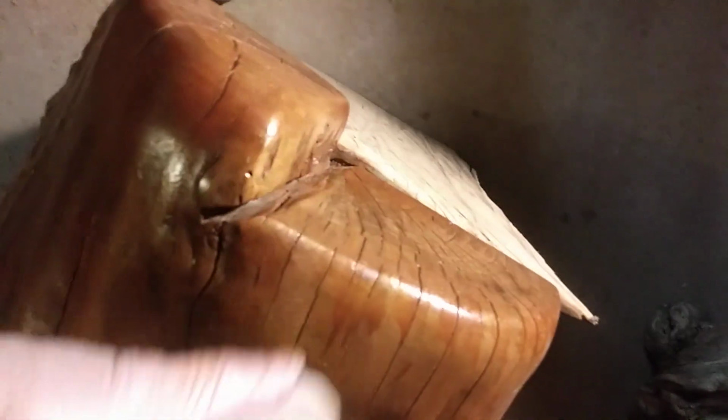Okay, but anyways, I've enhanced the orange here with the stain over the top of the clear coat, the pearlized clear coat. Alright, so, alright, let's get to it. Alright, now I'm going to take this rag and just kind of draw it out, kind of smooth it